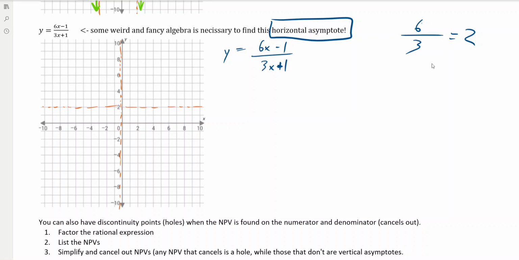So what we're going to do is write the top as if it's the bottom. Okay, so 3x plus 1. How can we do that? Well, the only way we can do that is if we take the 2 out, which would mean that if it went in, that'd be a positive 2, and then subtract by